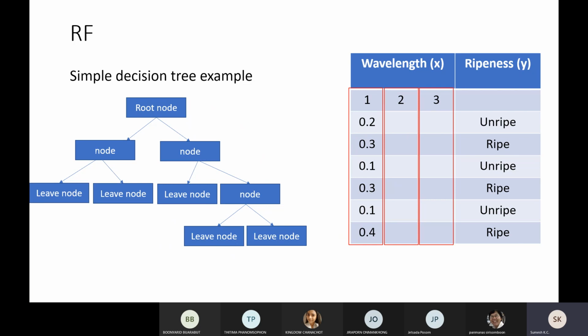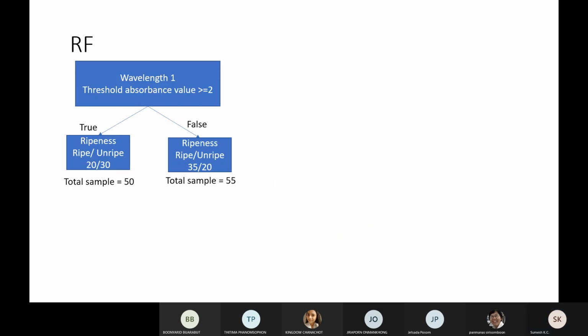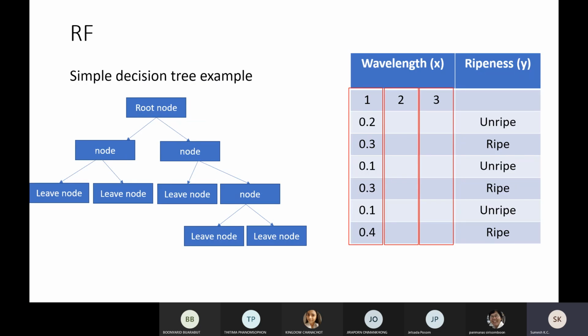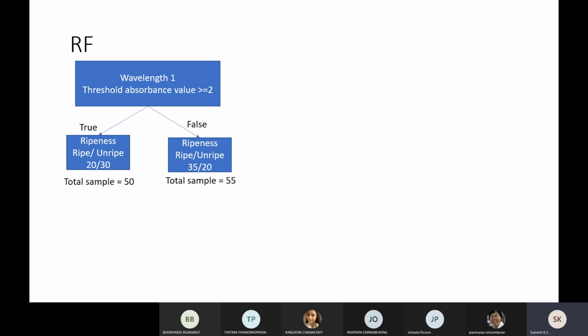So basically now I have only shown the example of ripe and unripe. So we have three columns of wavelength and then one column of ripeness value. So in decision tree, first we have to know which one is among the wavelength 1, 2, 3 until n. We have several wavelengths, so we have to know first which one is good for the root node. So in this case, if we select wavelength 1 as the root node, then how does it